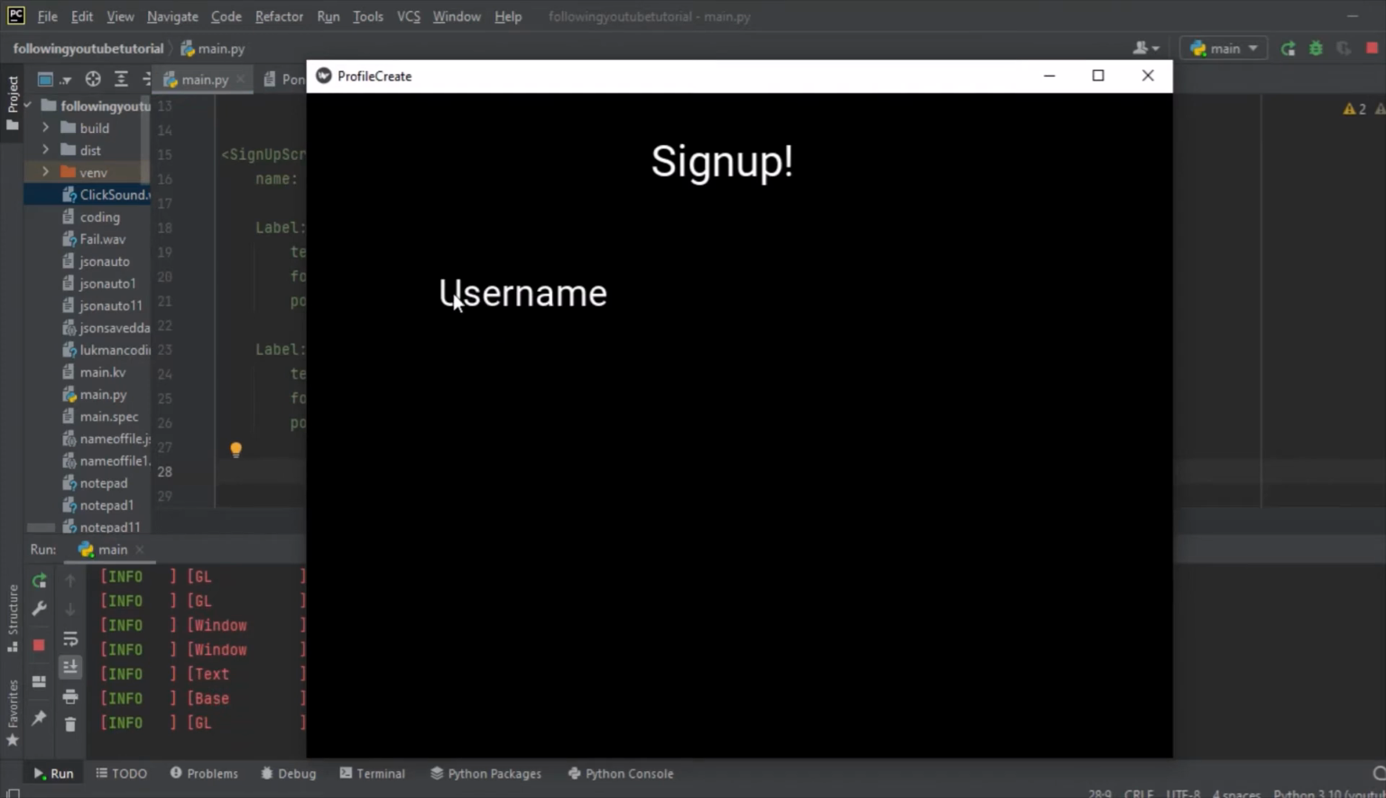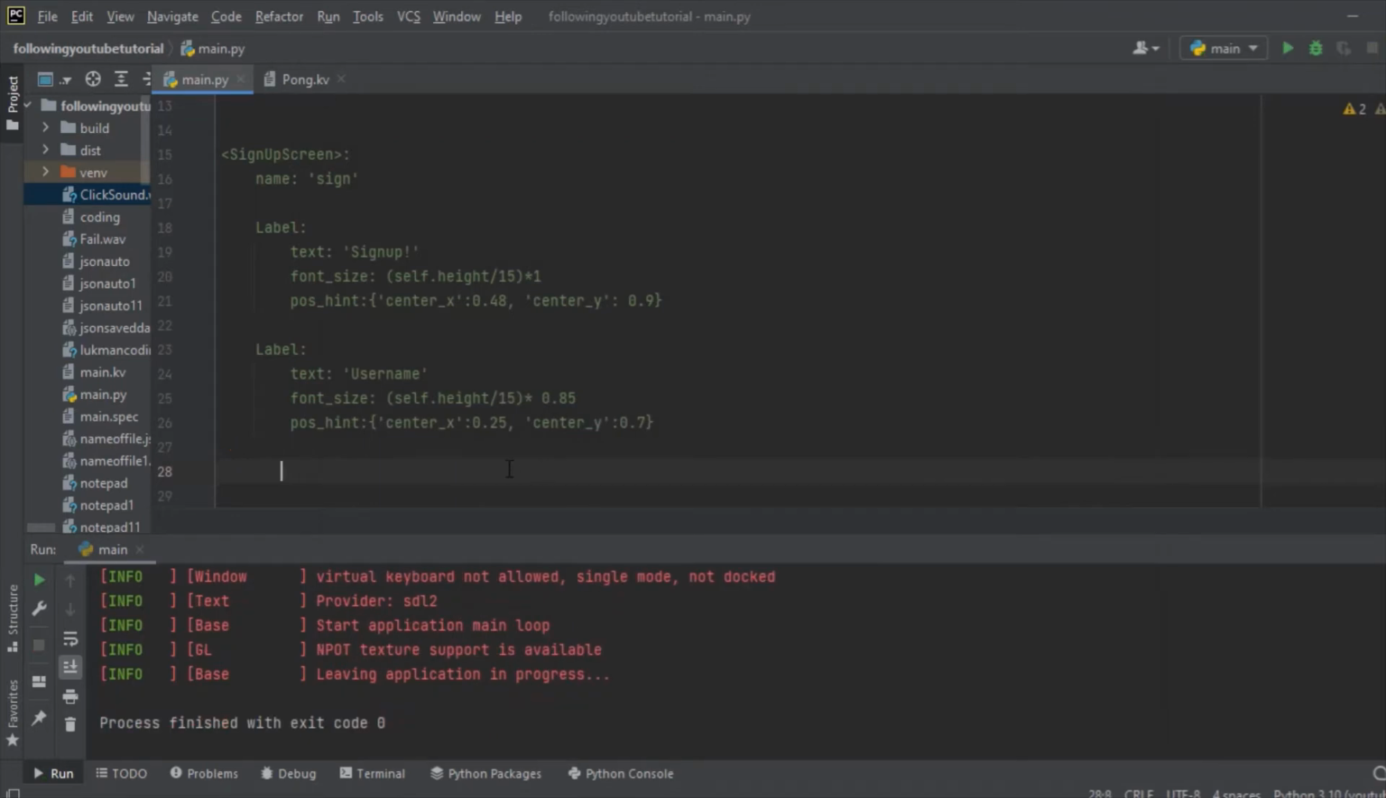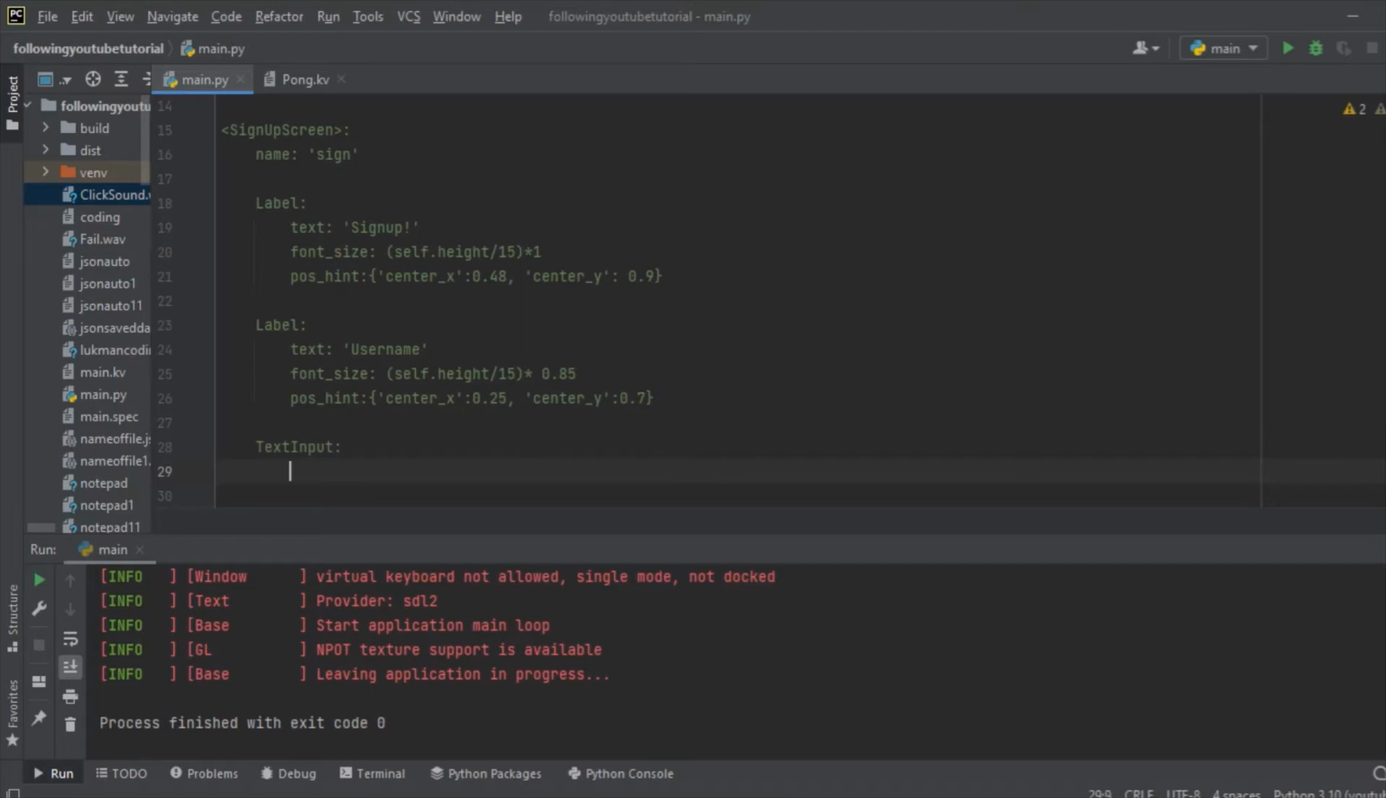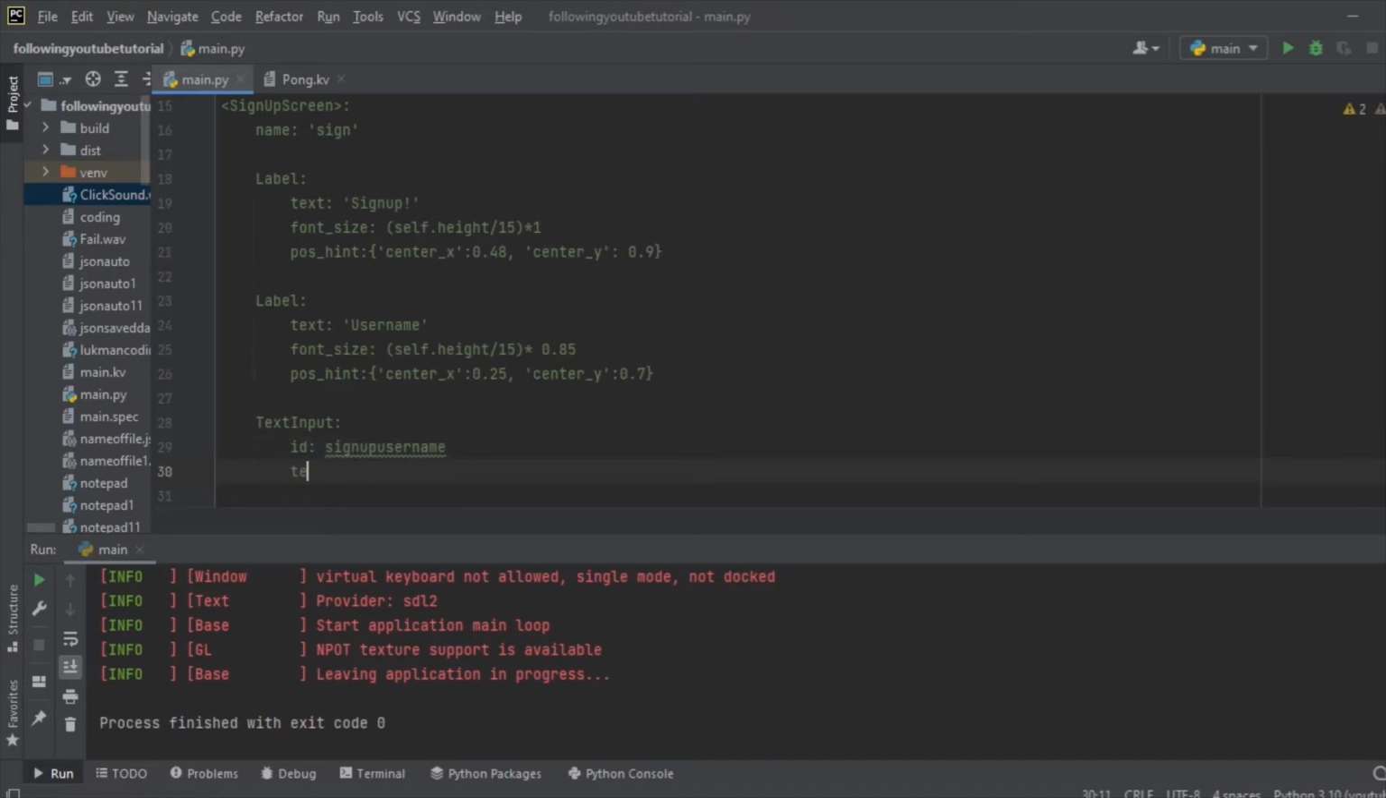So it displays username here. So next step now, let's put our text input. Right now, we are going to write text input. We are going to write the id of the text input. We are going to call it sign up user name, and under here we are going to write text, which is going to be